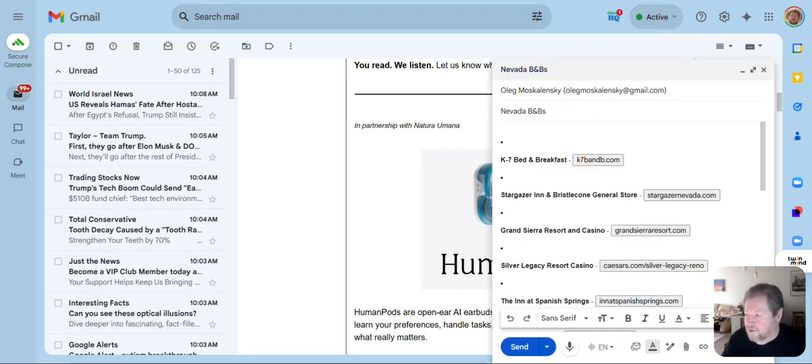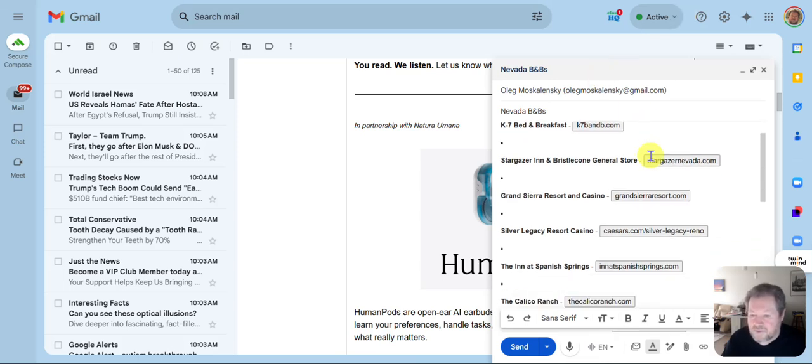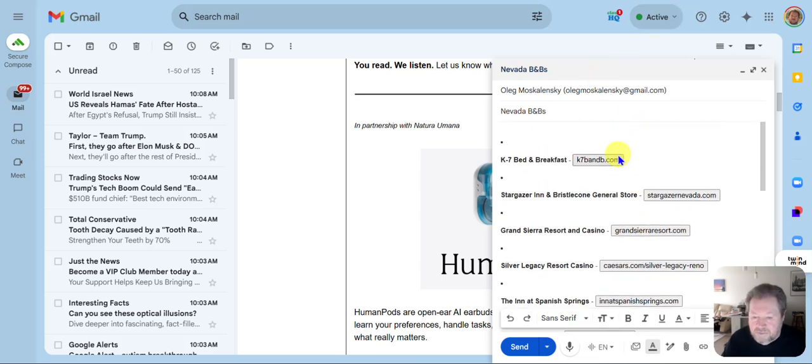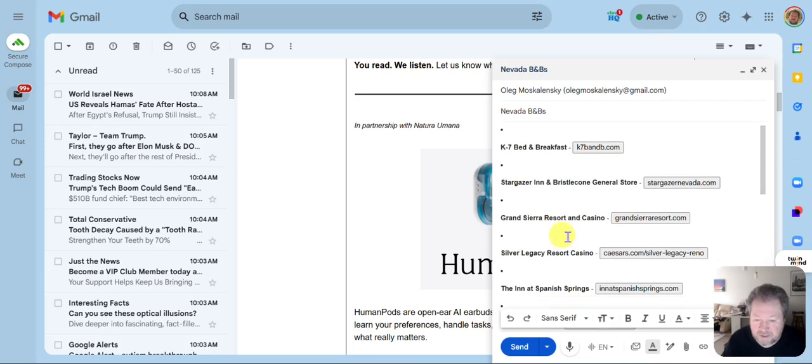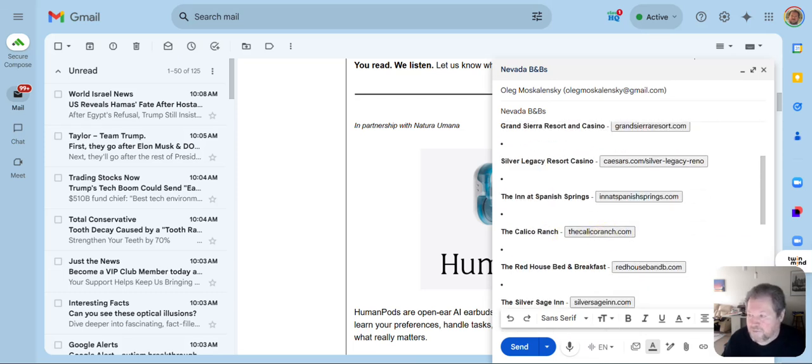Let's go to initially what happened with the copy-paste from Copilot. It gave me a list of these B&Bs, but as you can see, the list is unusable. It's not clickable. You can't go to these URLs. It looks terrible, in my opinion. It just doesn't work. So then basically I went to ChatGPT,